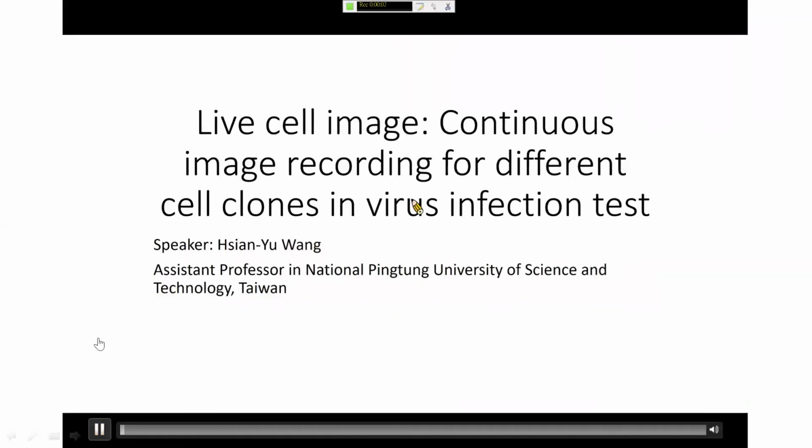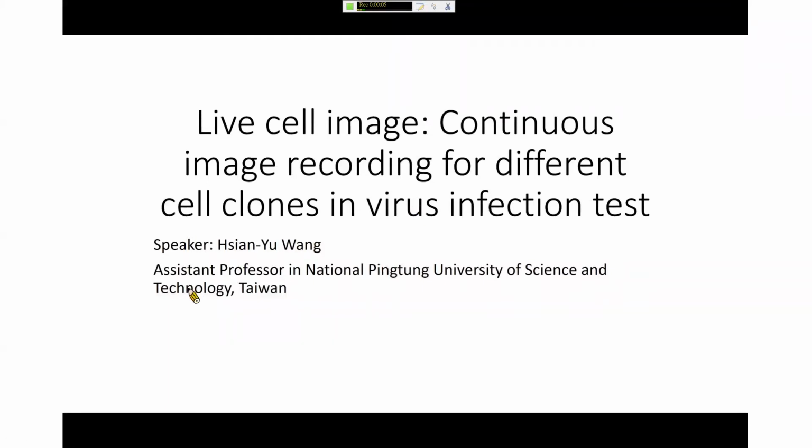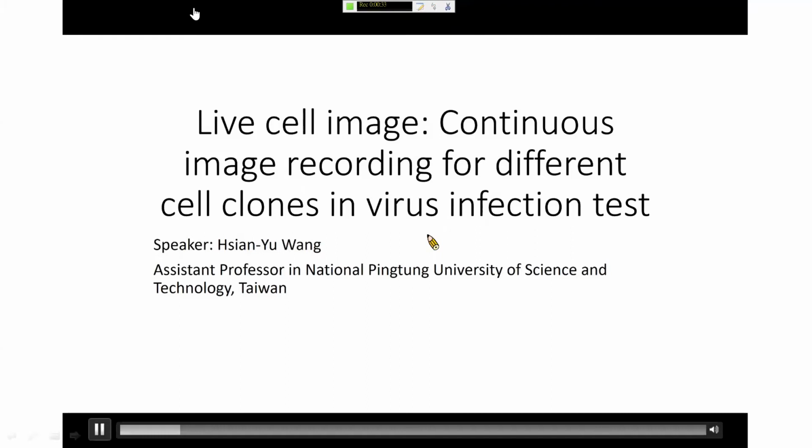Hello, everyone. I'm Xiangyu Wang, assistant professor at National Pingtung University of Science and Technology in Taiwan. Today, I want to share about the live cell imaging that we use to perform continuous imaging recording for different cell clones in various infection tests. In our laboratory, we are focusing on the study of virus and cell interaction. We observe the cell response in the virus infection